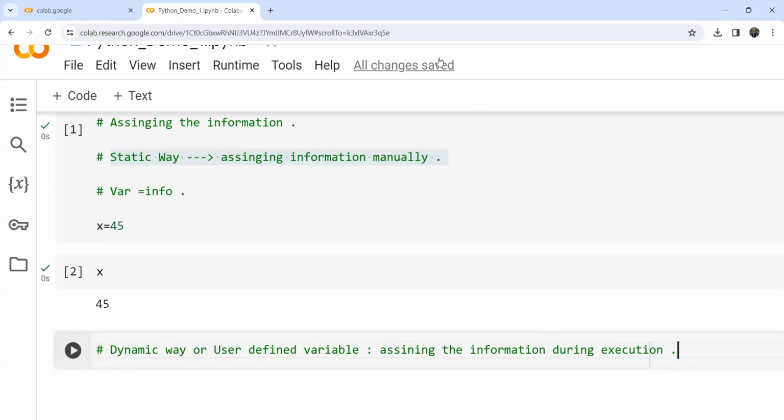Let's say you are simply speeding up. Your gear will be increasing from 2 to 3, 3 to 4. So you don't need to manually put the gear. Now the same fundamental, the same theory, applies to the dynamic way, which is also known as user defined variable, and which has a very significant importance in the real world, guys. Just consider the main thing over here: what will be the way? Okay. So the dynamic way or user defined variable is